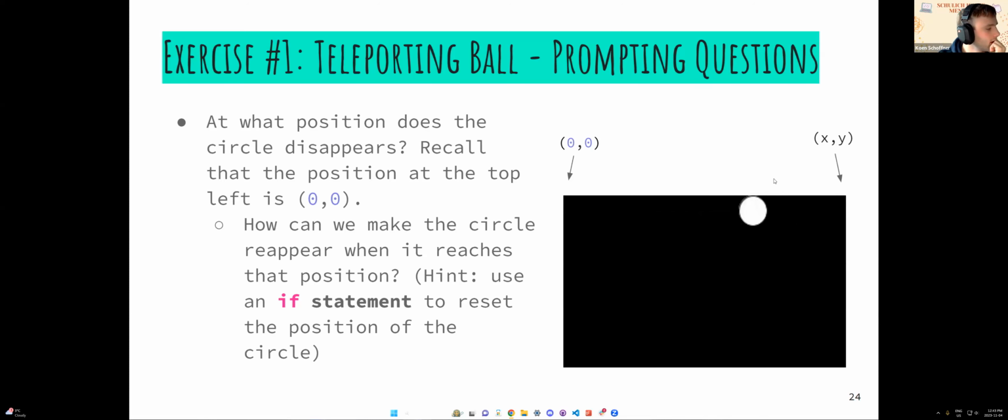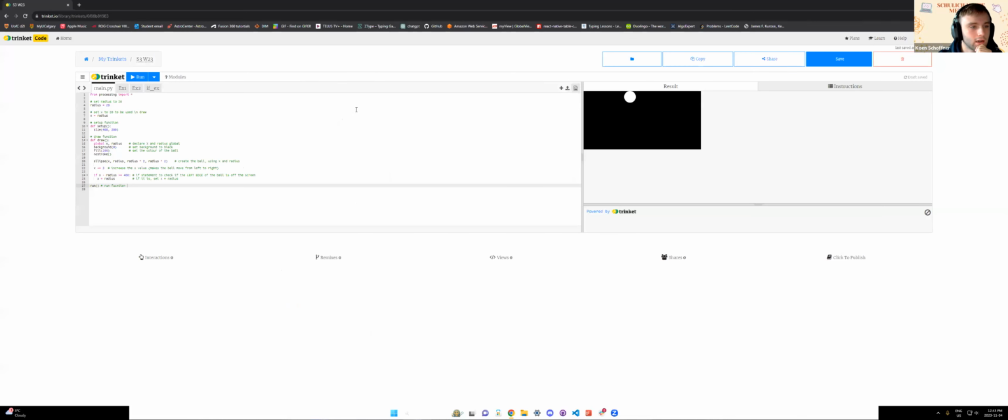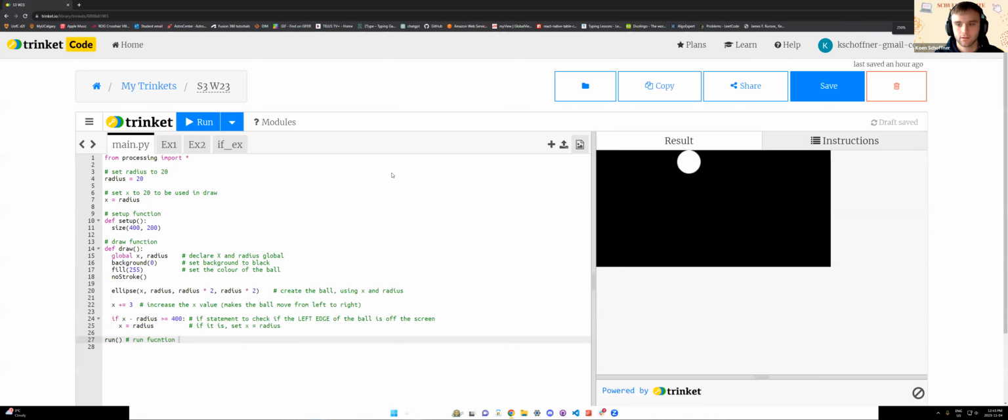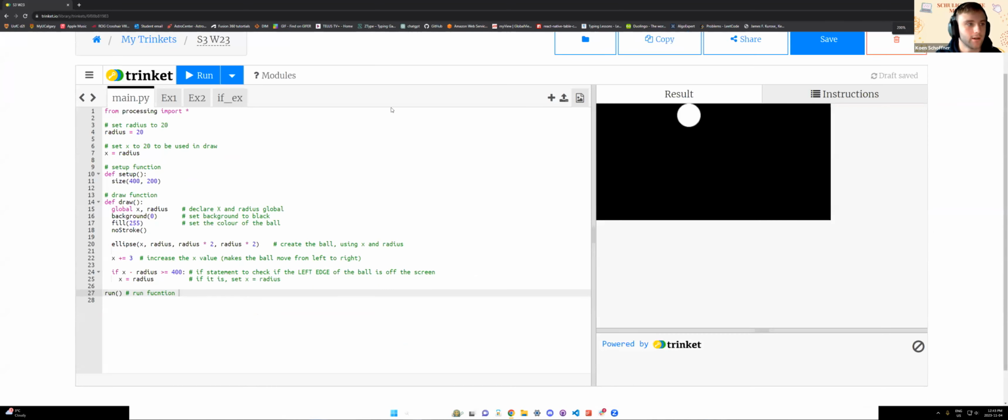Okay, let's go over the solution. One thing I'm going to say, guys, before we get into this is, let me zoom in because I know you guys can't read that. One thing I'm going to say is, if you don't already, and if you have time to, it is really, really good if you can comment out your code.